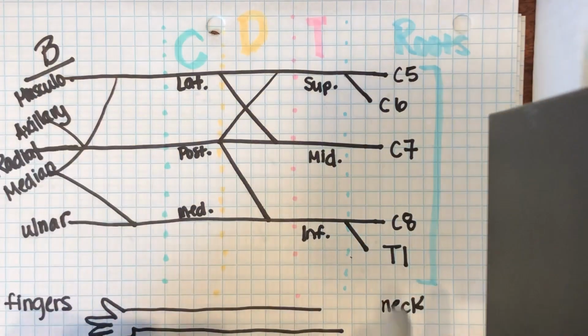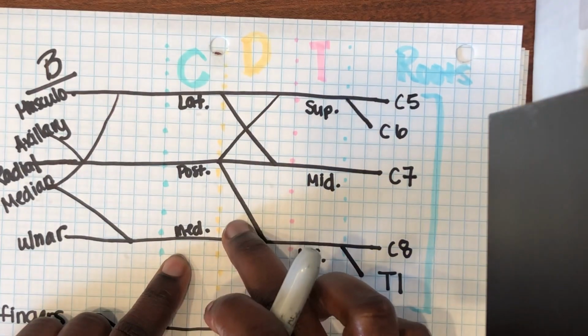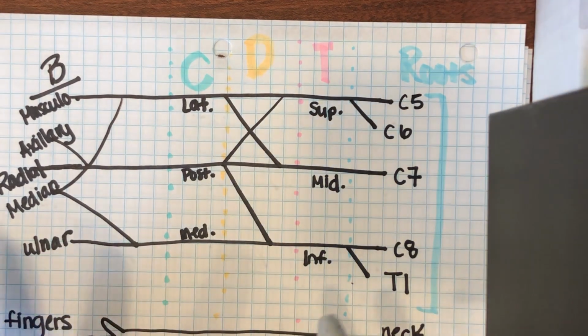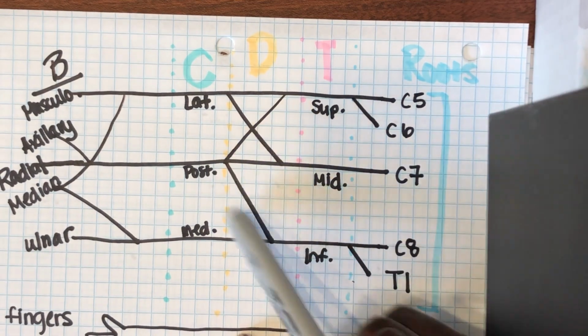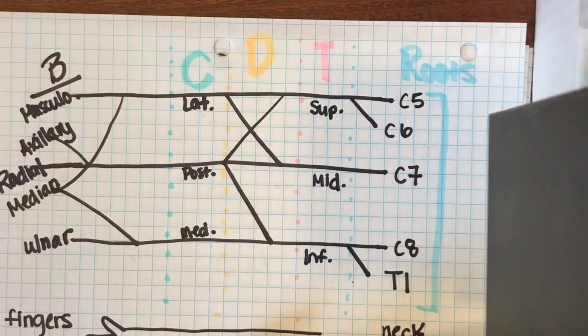Just like for our trunks and our chords, our divisions are going to be named in a similar way, okay? And the reason why I held off was because it's easier to understand the divisions if you understand what comes after, what comes closer to our fingers, okay? So,